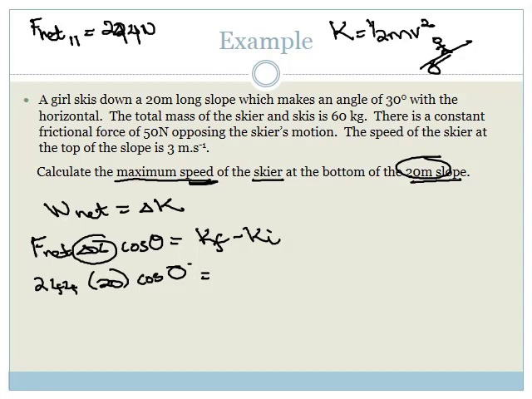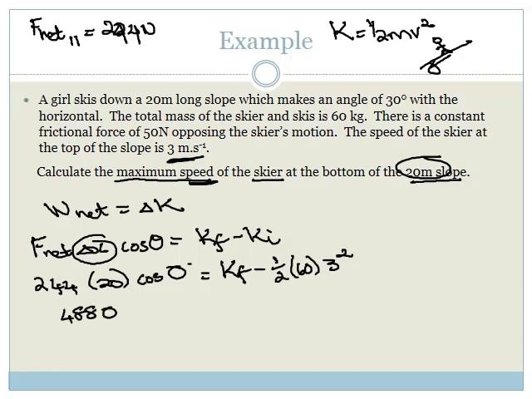0 degrees, which is the final K minus the initial, which is a half times the mass of 60 times the initial speed of 3 squared. Okay, I'm doing it slowly. You could have already put in the mass and the half, but let's just do it slowly. So let's multiply the left-hand side. So 244 times 20 times cos of 0, which is going to give me